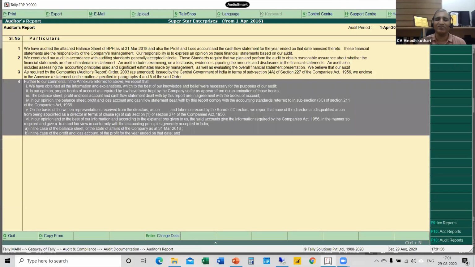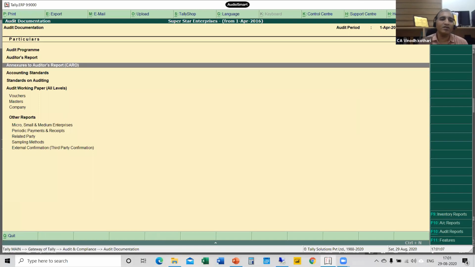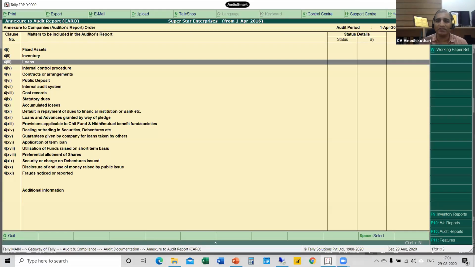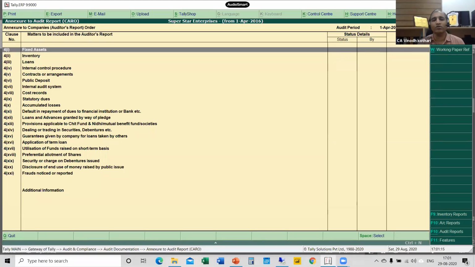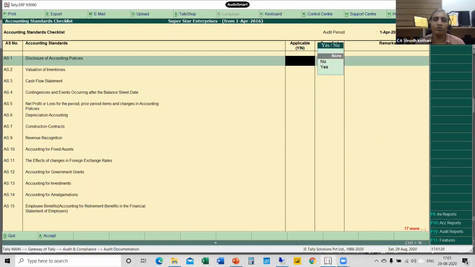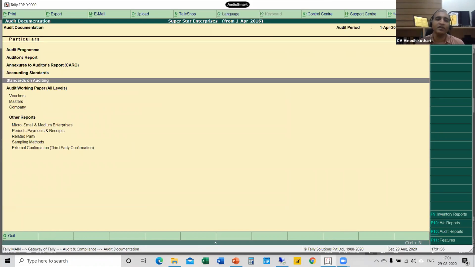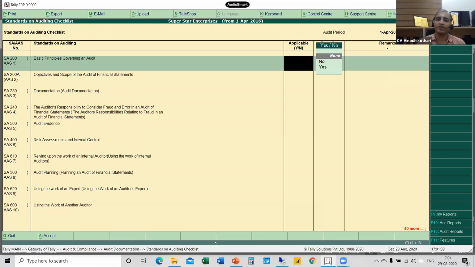All these options are available, but it's not so good. But okay for your reporting. This auditor's annexure reporting is not that great. If you feel that this report is required, you can provide the details for your working paper purpose. Then for accounting standard applicability in your working paper, you can select which accounting standards are applicable for this company, and give your remarks. Take a printout and keep it in your audit documentation to ensure that you have complied with the accounting standard requirement. Same way, for standard on auditing practice, your working paper can be generated from here.